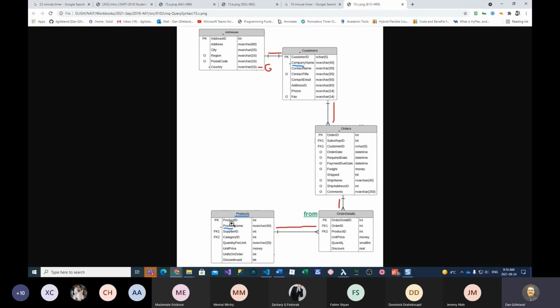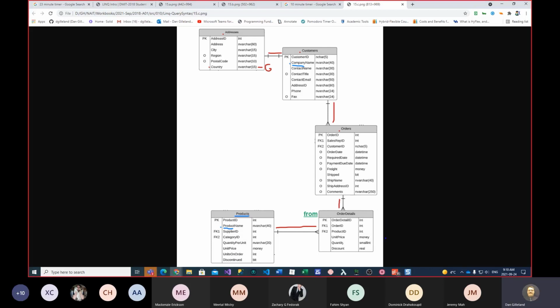And as I went and I looked at the relationship between these entities, I saw that this was the better starting point here, because order details is a good starting point because all of the crow's feet end up at this table, which effectively means that if I start at this table,